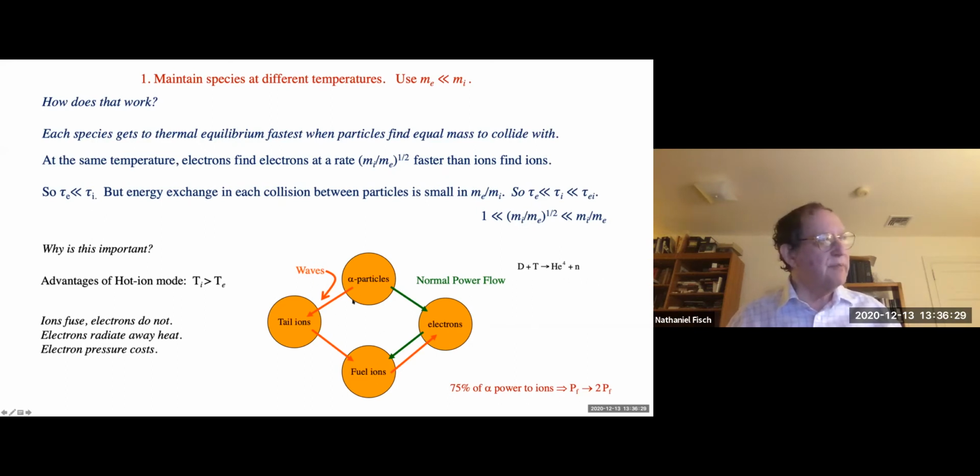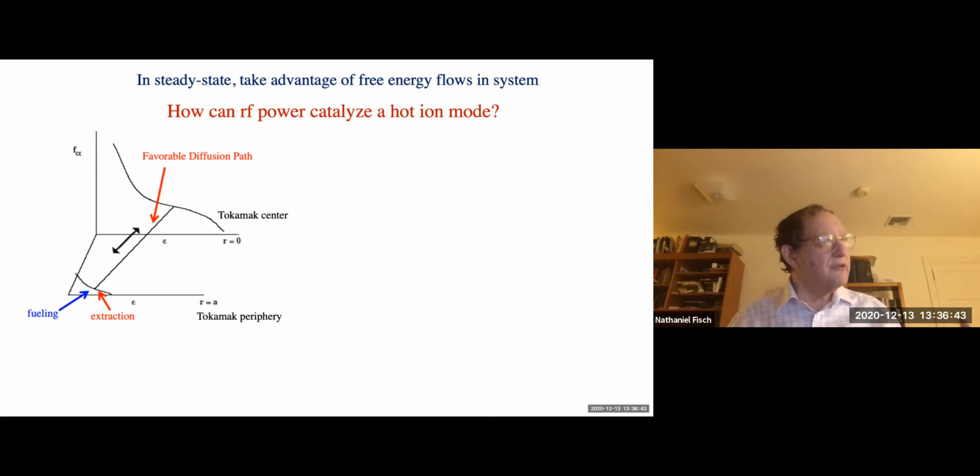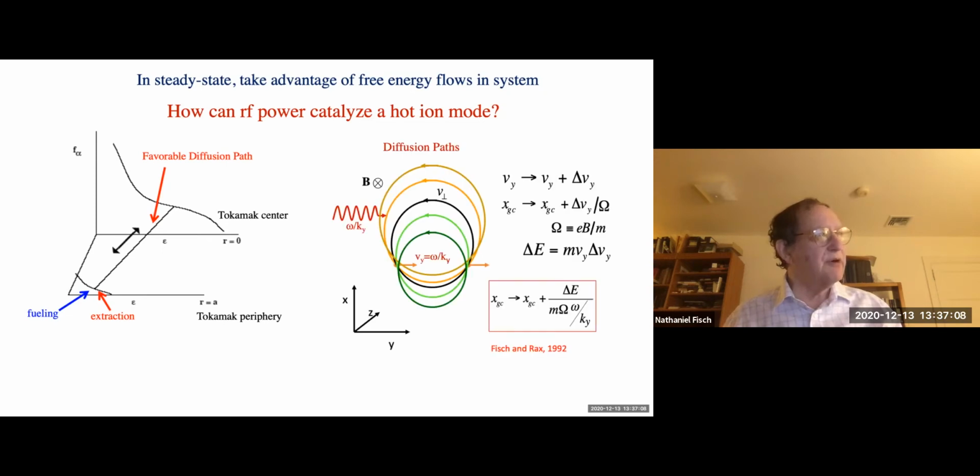So this would be making use of the fact, again, that it's possible for electron and ion temperatures to come to different equilibria. The question is, how do we do that? Because the alpha particles want to slow down on electrons. And I'll just mention very quickly that there's a way to do it by waves. And that's because the time scale for collisionless interactions can be much faster than the time scale for collisional interactions. You just have to find an inversion in the diffusion path to take hot alpha particles in the center to cold at the periphery, and then you can pull them out and make them cold at the same time.